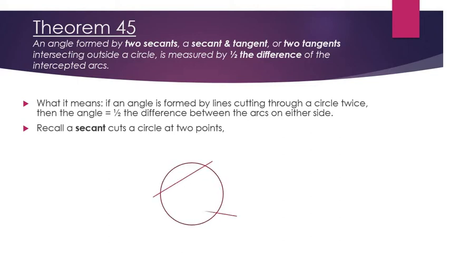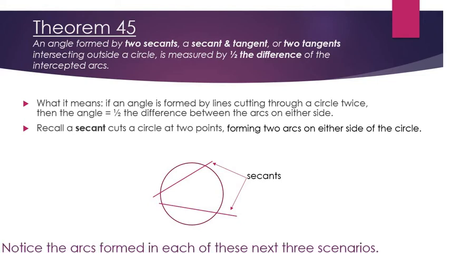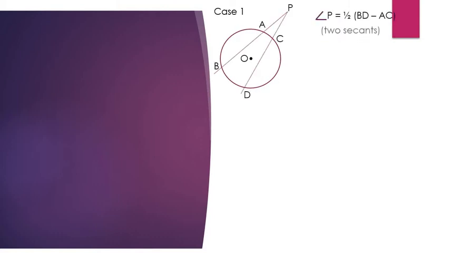So you have our handy dandy circle here. We have two secants, and then it forms two arcs on either side of the circle. So you see the two arcs there. The arcs formed in each of these, there's 3 different scenarios, that's what I'm trying to say. So, case number 1, we have two secants. So what we're trying to say is that angle P up at the top there